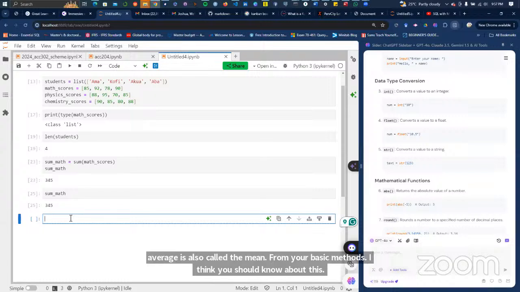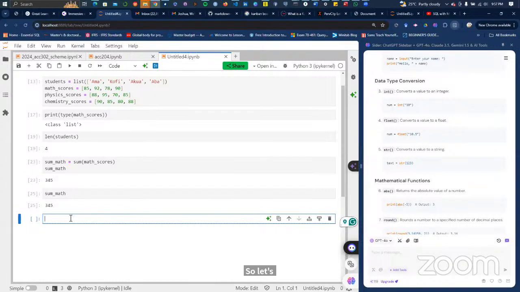So let's see. Sometimes it is good for you to experiment based on the logic you have picked so far. You can hit against the wall, but that's the beauty of this kind of learning. So now I know that when I do sum and pass the objects into the sum function, it returns the sum of it. So maybe I want to try and see, okay, does it go that way?